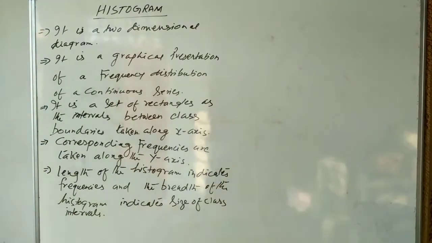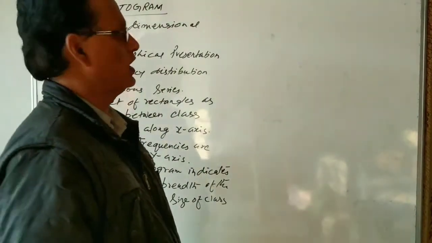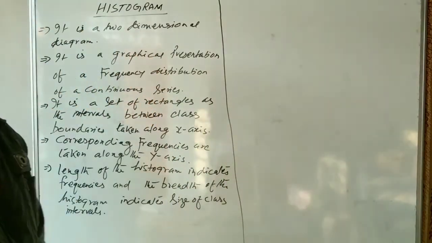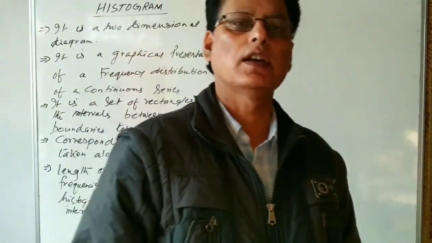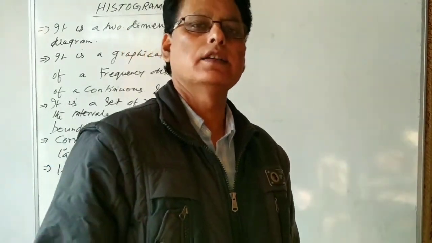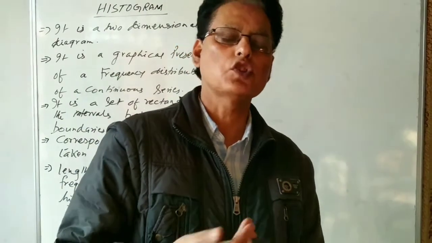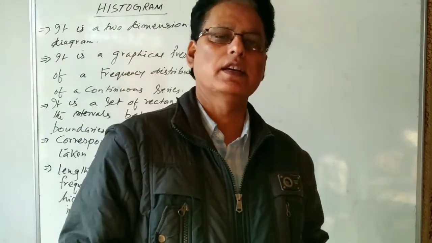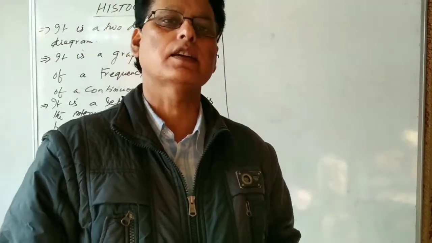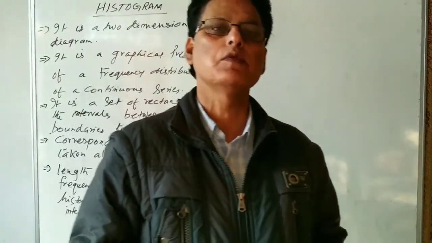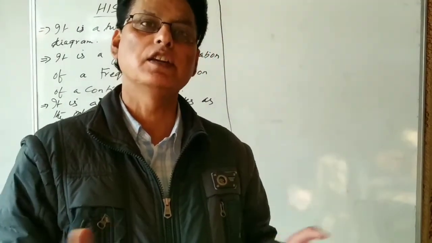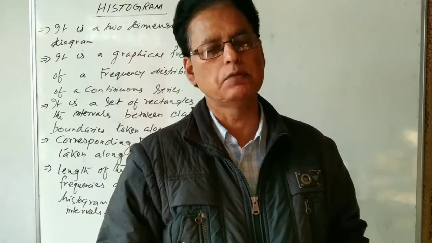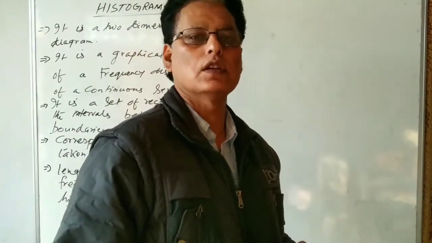There are different types of histogram, we can say. When we construct the histogram, we can construct it for equal class intervals, and even for inclusive class intervals. There are exclusive class intervals and inclusive class intervals. In an exclusive class interval, when we take the frequency, we have to exclude the upper limit, but in an inclusive class interval, we have to include both the lower limit and upper limit of the classes. So let us construct the histogram.